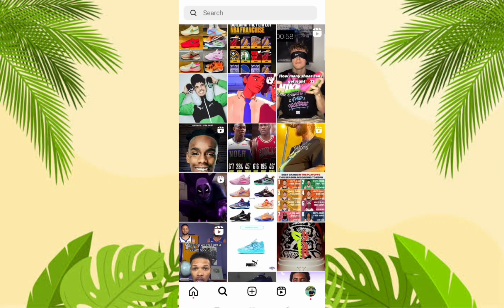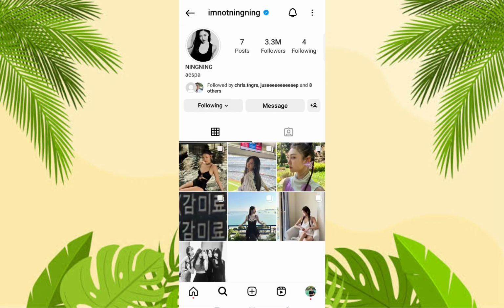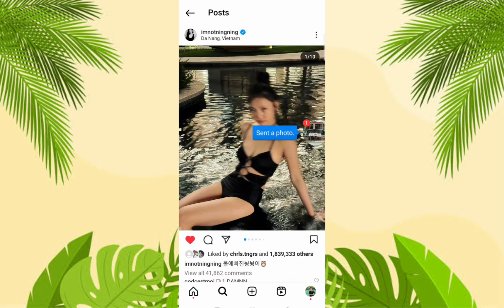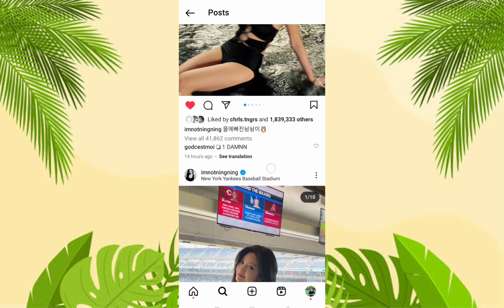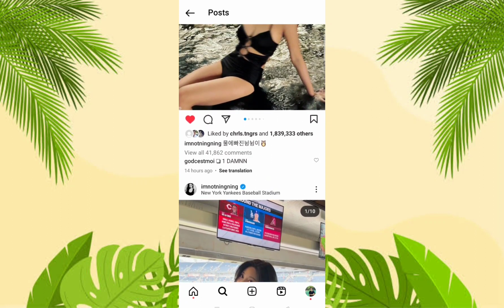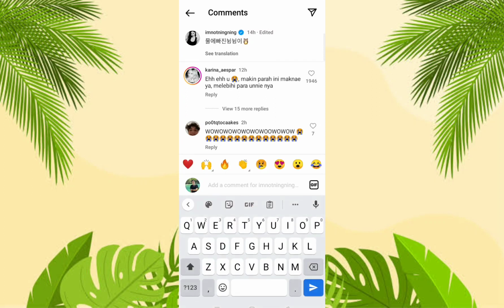So go into your search settings or search bar and look for someone that you want to comment on. Okay, I will be commenting on this one. Just click on view all comments. If you click on that, you will be directed to the comment section and you can comment here whatever you